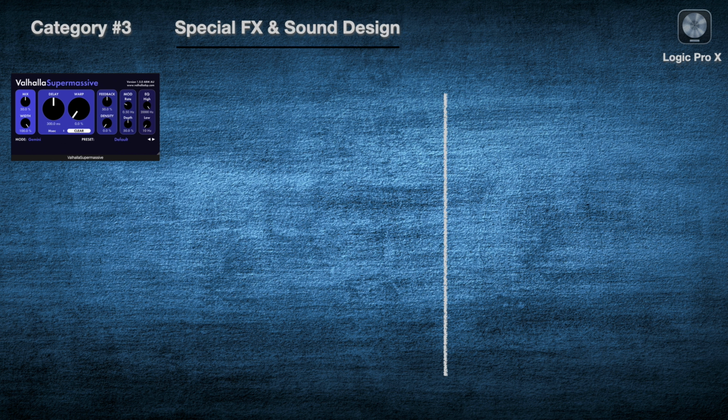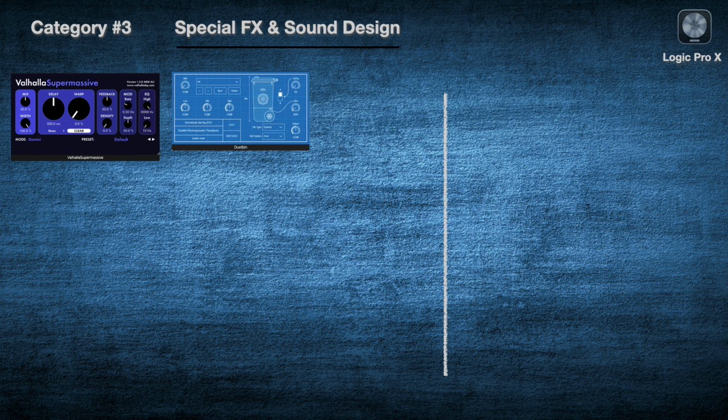Has some really bizarre sounds in it, and it's free, so it's worth getting. Another one in that category is called Dustbin from Caelum Audio. It's quite unique in that it's a speaker and a microphone in a garbage bin, and you can adjust the distance between the microphone and the speaker. I just like it. It has kind of a hollow sound. It's fairly unique. Again, it sounds a bit like reverb, but it is different and not something that you hear